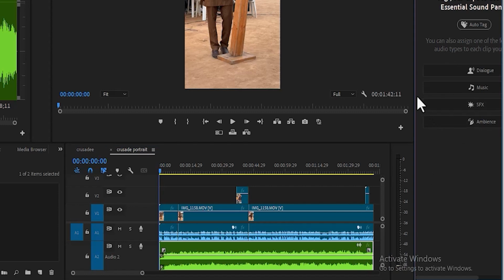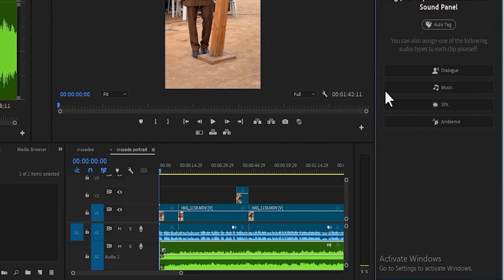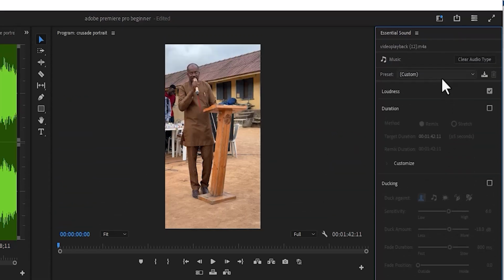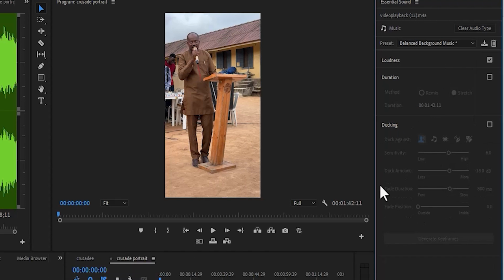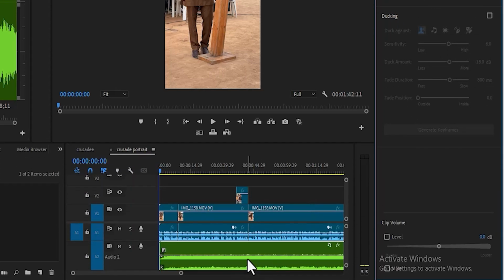So you now select what kind of music file it is. Is it a dialogue? Is it a music? Is it an FX? Is it an ambience? I'm going to set this as music, and I'm going to select as a preset that balance the background music so that it can reduce the volume. And it has reduced the volume so that it doesn't overshadow the voice of the preacher over here. If I hit play now,